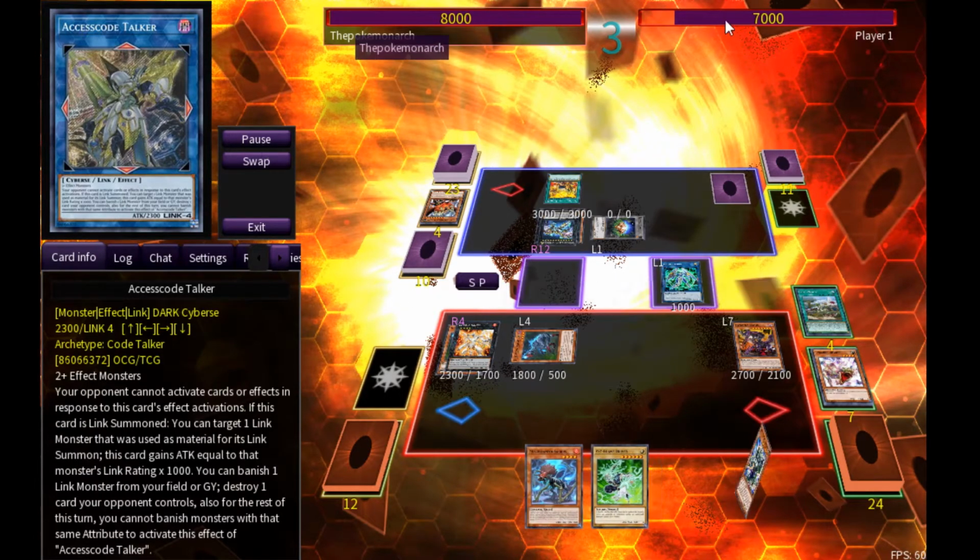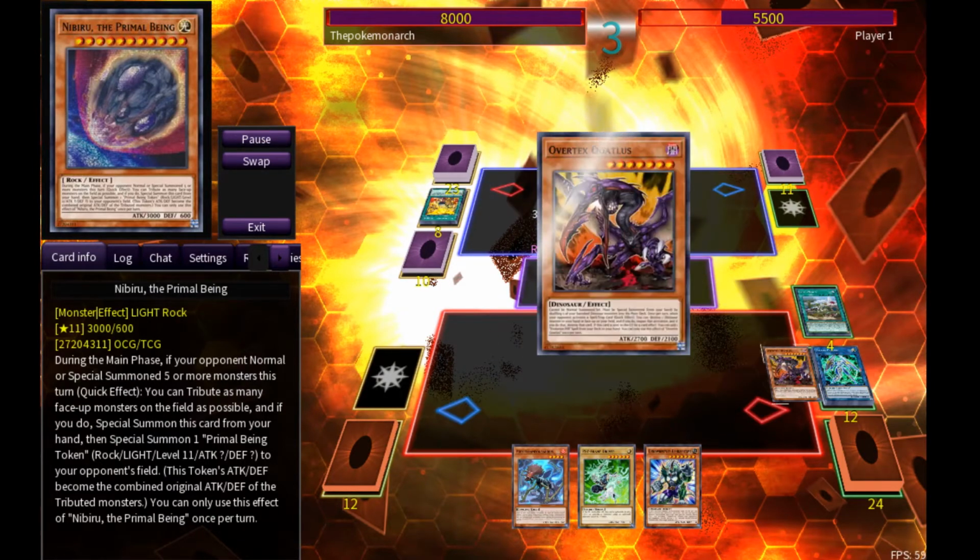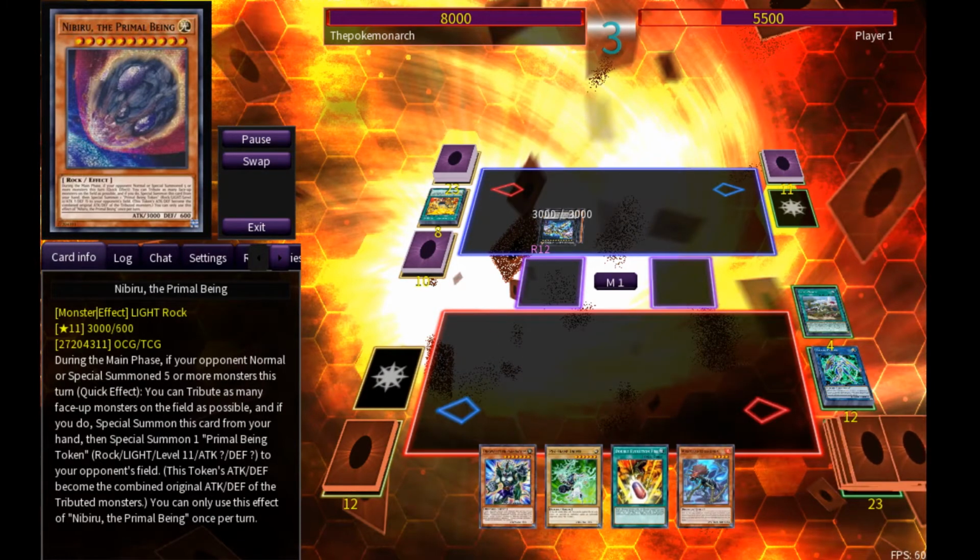They end their turn by setting that Solemn Strike. We activate Oviraptor, and they attempt to Zeus us, and they actually strike our Dolka. So they successfully Zeus us, and we activate Overtext Quatless to bring the